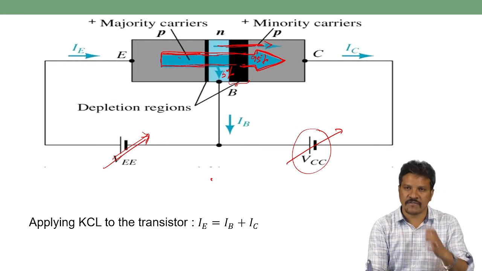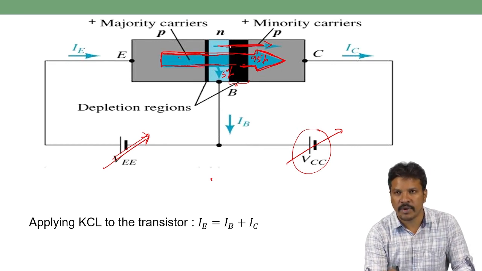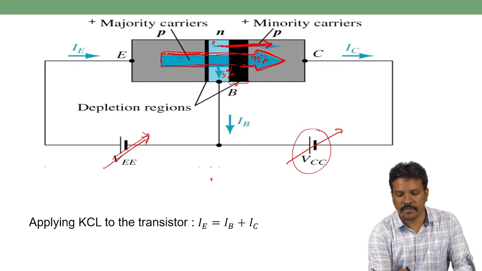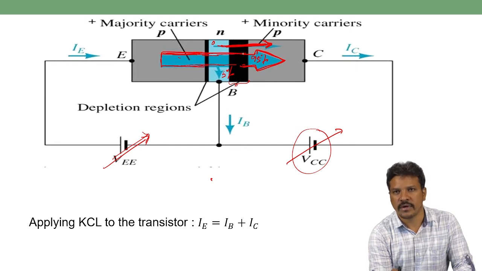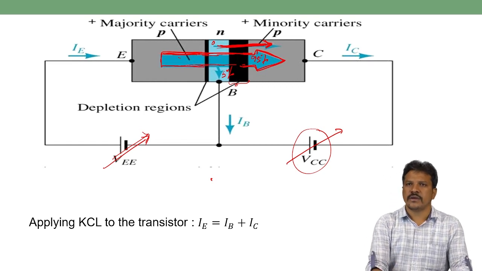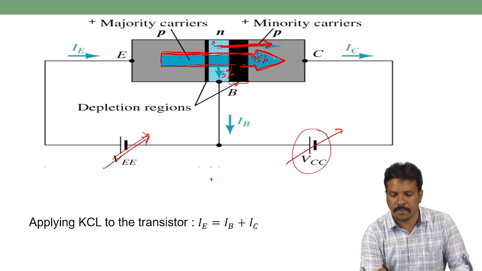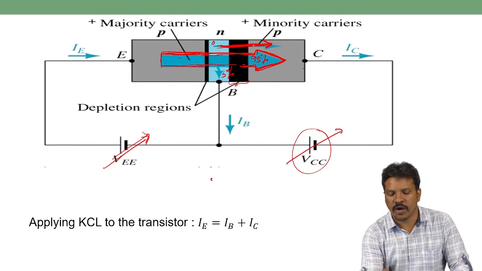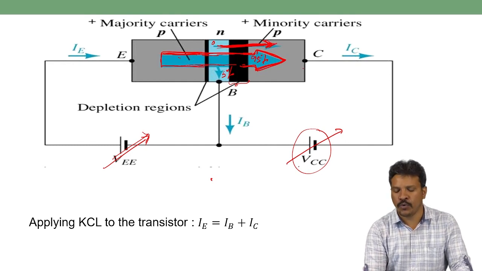That is the moving of minority charge carriers from the N type base to the P type collector. So the direction of the minority carrier holes is from base N side to P side. This indicates the minority charge carrier holes. These are the majority charge carrier hole direction and the minority charge carrier hole direction from base to collector. So the big arrow is the representation of majority charge carriers reaching the collector,